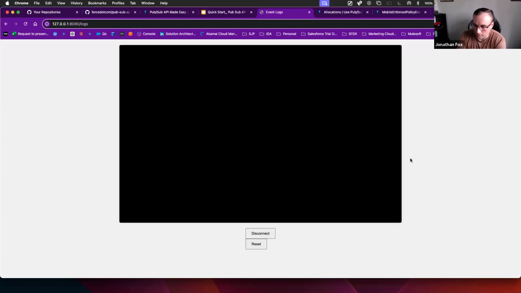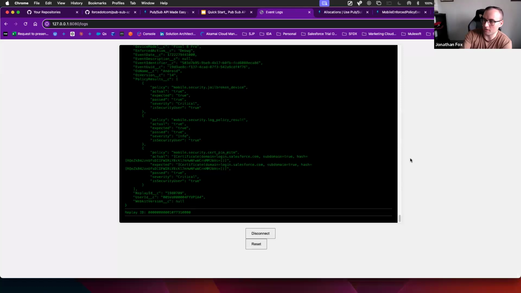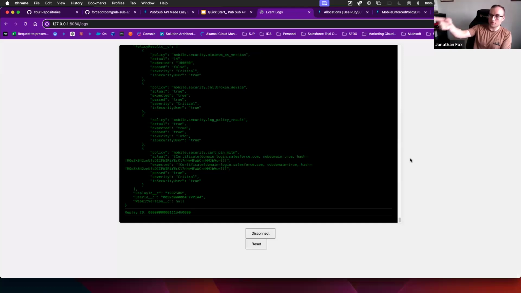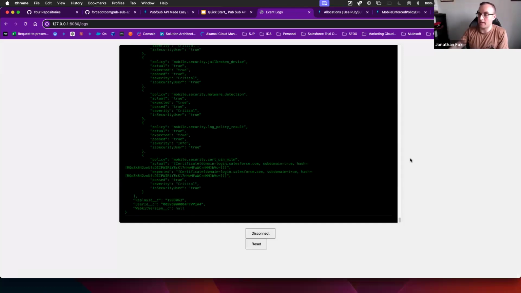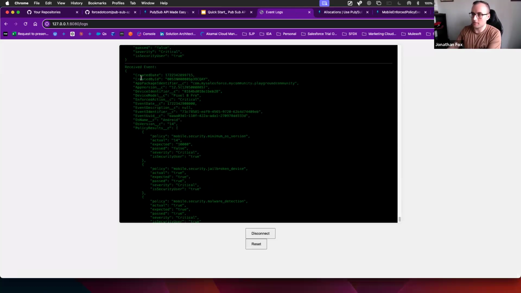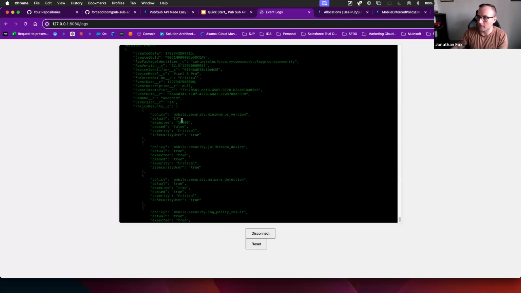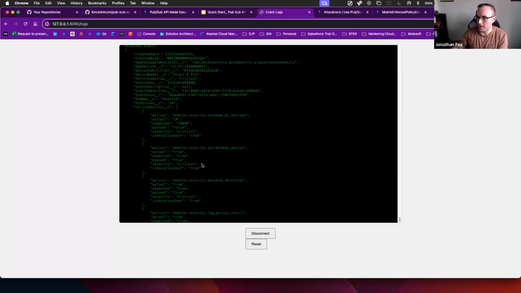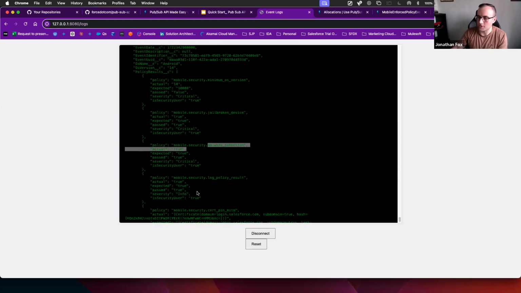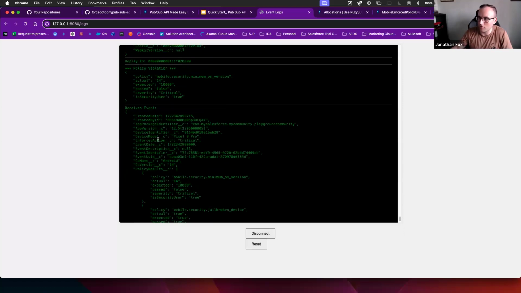And this is where, again, it doesn't work because I've gone and broken the live demo by messing around earlier today. There you go. You can start seeing my events streaming through. You can see how fast over the last 72 hours, and I did batches of 10 there. This is that mobile security policy one that I was doing for my example at work. Every time somebody opens the app, I can see that minimum OS version is checked, jailbroken device is checked, malware detection is checked. These are all standard Salesforce things, but I can see all that payload.